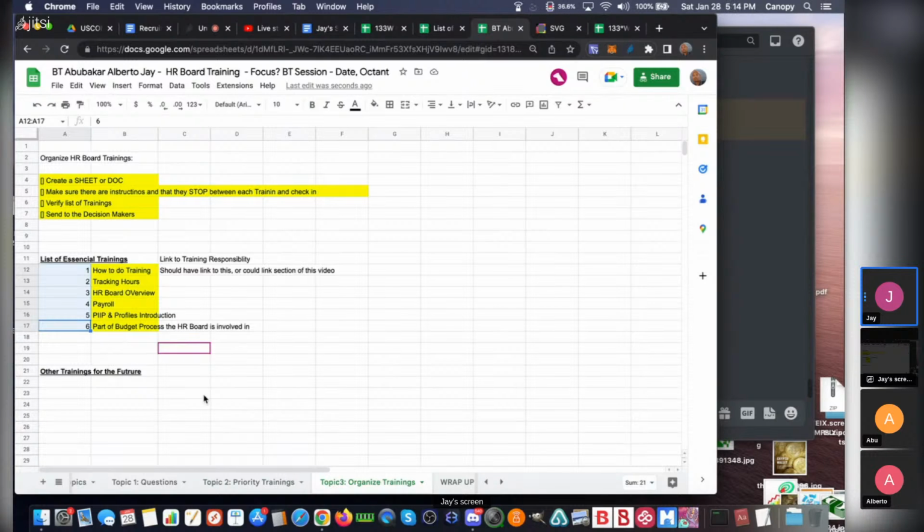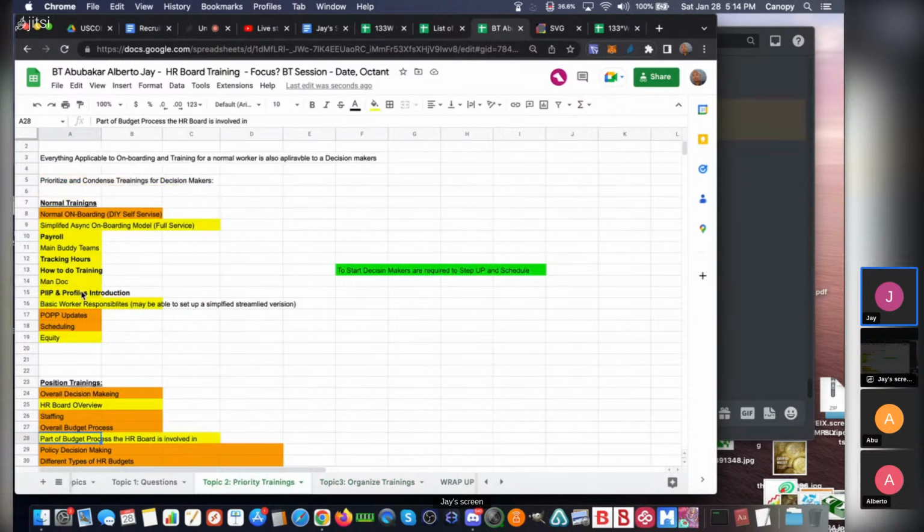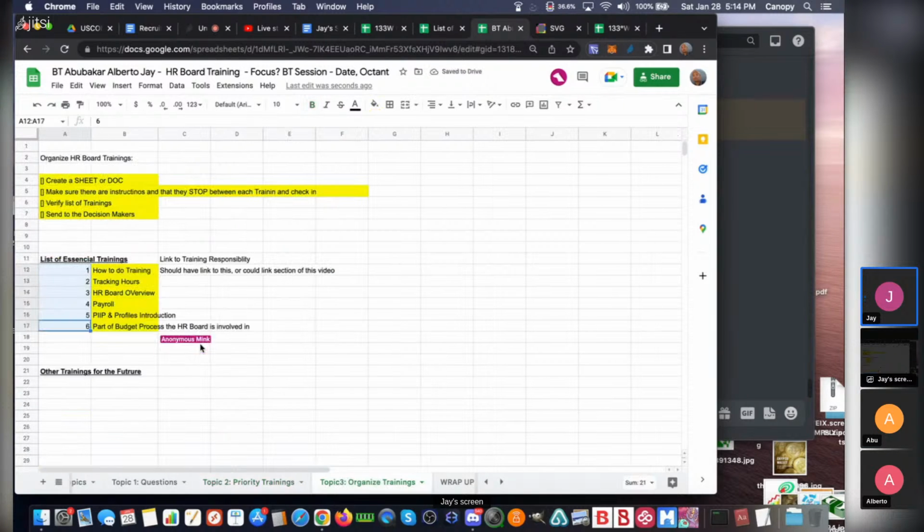So this would be like 6 months of work. Oh, and then there's the main buddy team. How do you skip that? I feel like main buddy teams also might need to go first. Essential, right? Main buddy team might actually be step 0 or step 2, because everybody would be required to have a main buddy team in order to stay in the budget based on our policies. Okay. Cool. Anyway, so everything else would just go in other now.